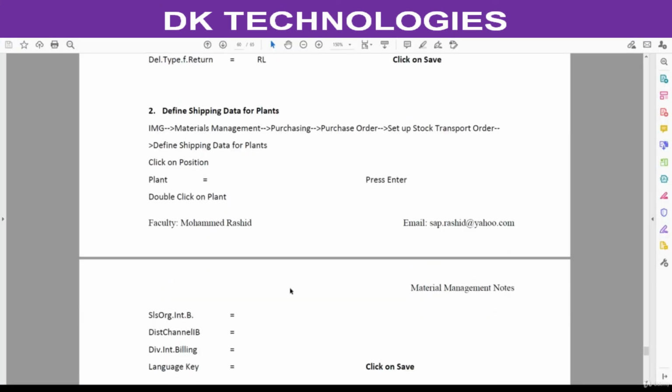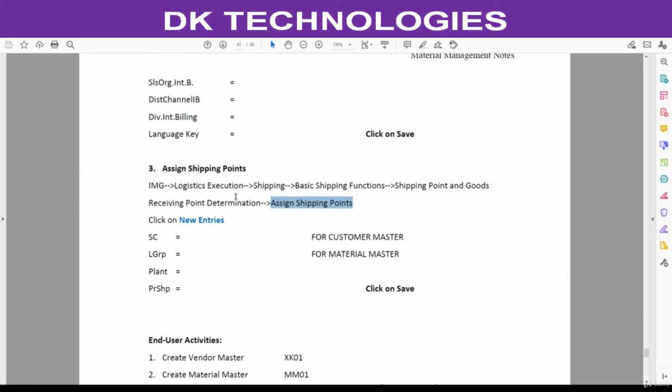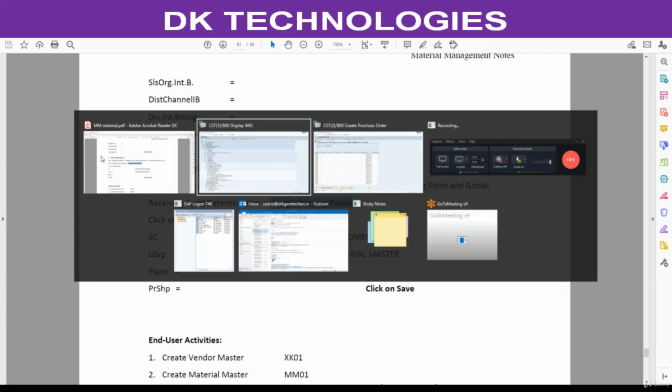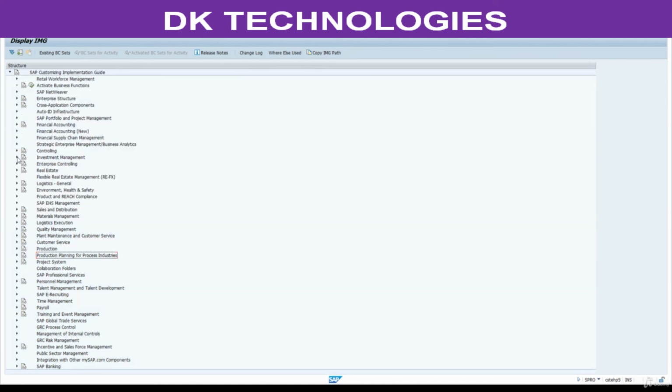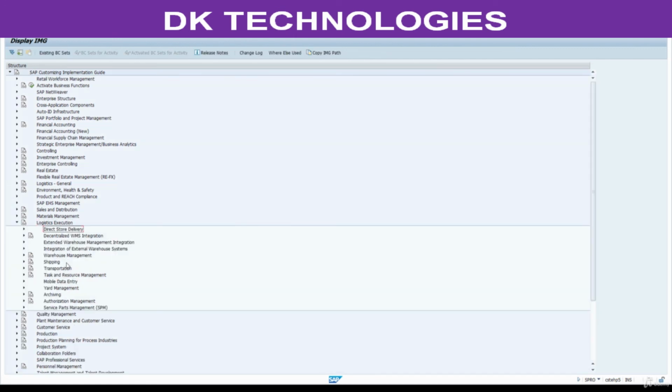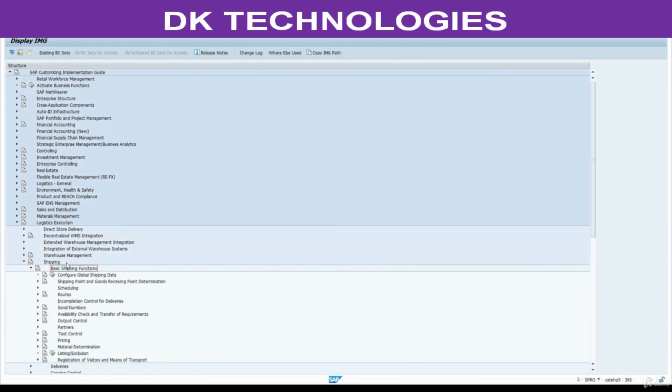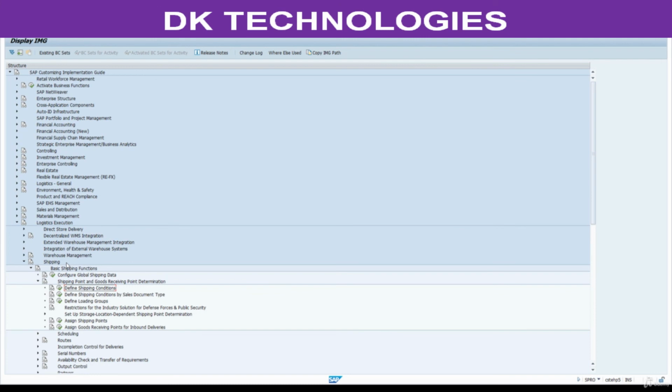Next step, Logistics Execution, Shipping. If you know the T code, you can directly go to the T code. Shipping points. See, assign shipping points here.